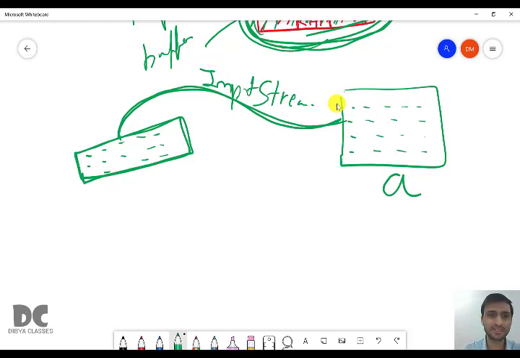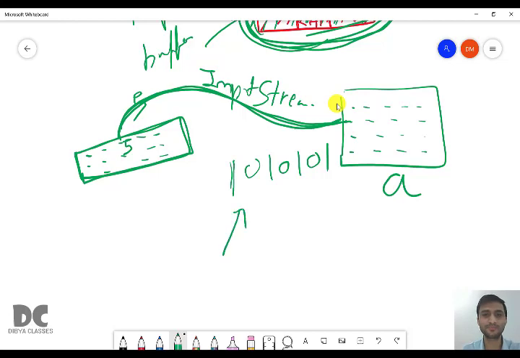So do you think when you press 5 in your keyboard, the 5 will flow in that wire? No, 5 is not flowing. What is flowing? Current is flowing. And the language of the current is basically 1 and 0, binary. How? Actually 1 means 5 volt. I think you know about volt, you might have studied in physics. 5 volt of current is passed. And 0 means 0 volt of current is passed. 1 means current is passed, 0 means current is not passed. This is how actually the computer works.